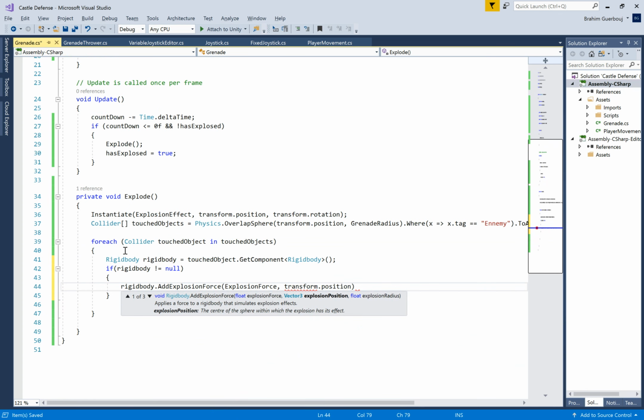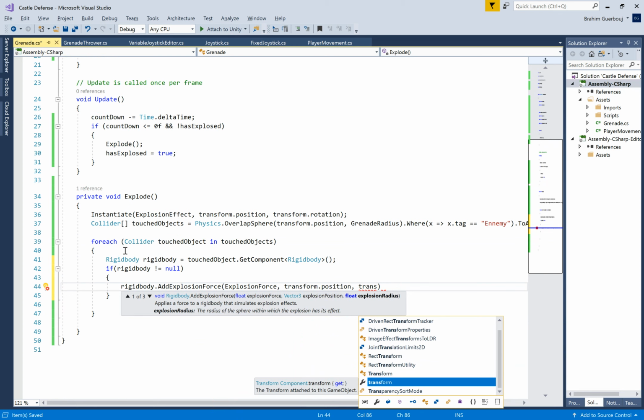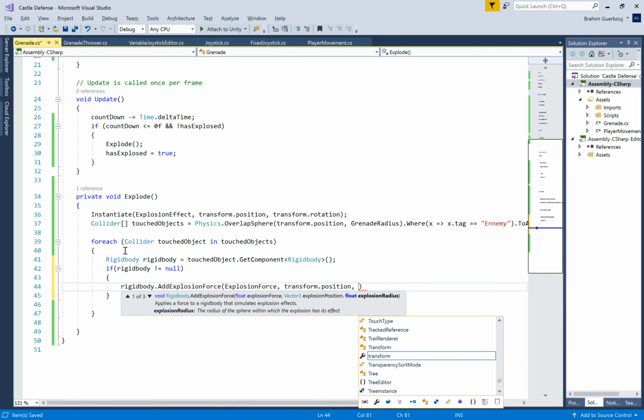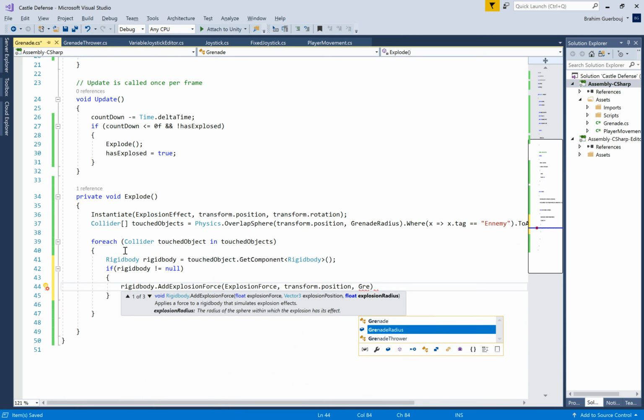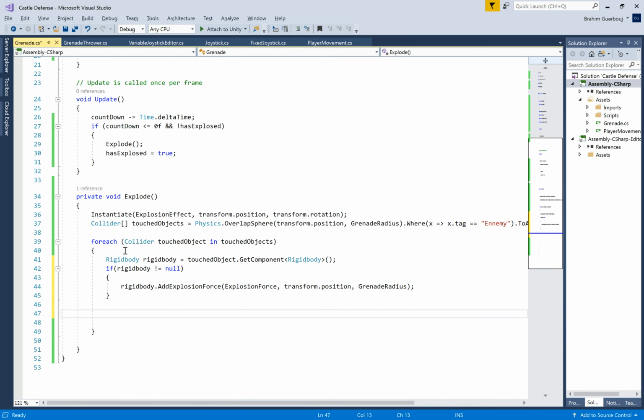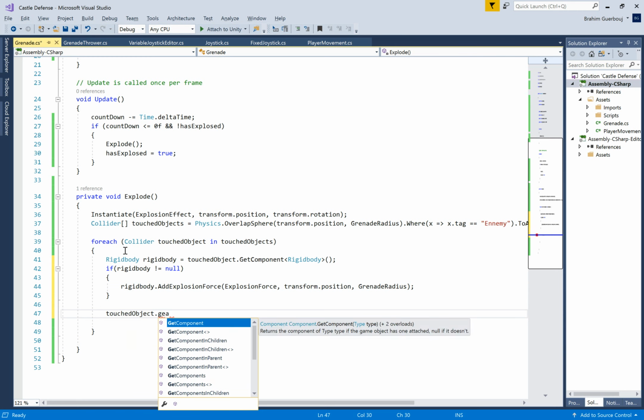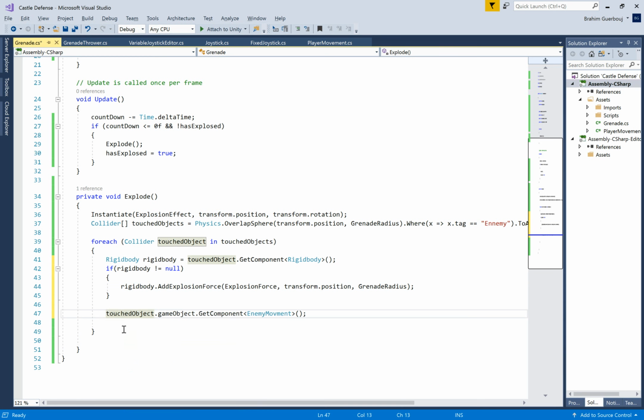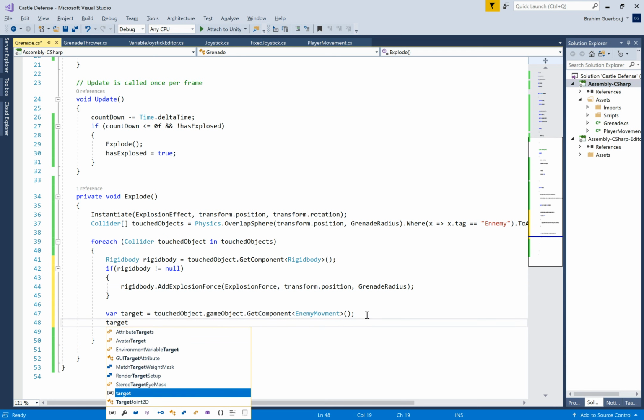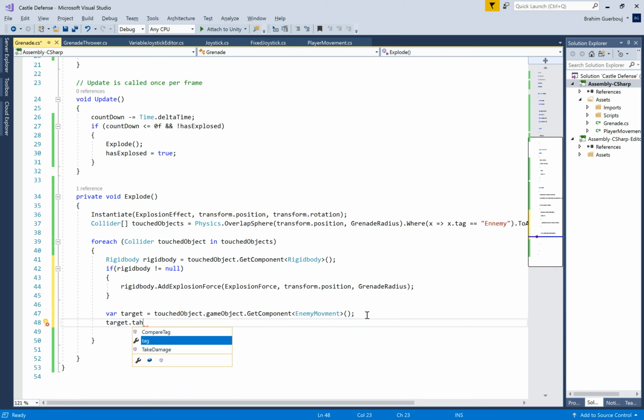If the Rigidbody is different from null, we need to make rigidbody.AddExplosionForce, and eventually the touched object is equal to all the overlap sphere where the tag equals enemy. So we get only the enemy's touched objects, and inside here we need to add the explosion force, and we need to get this target. For each enemy we need to make TakeDamage,